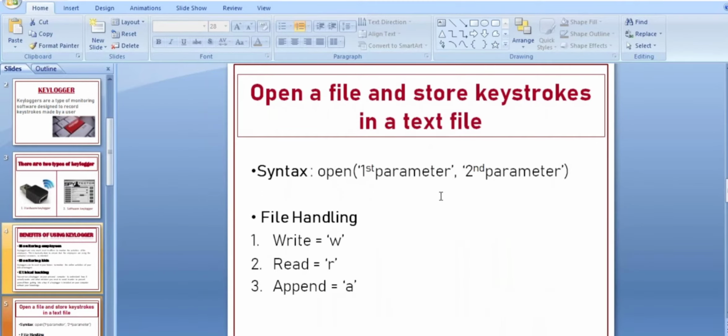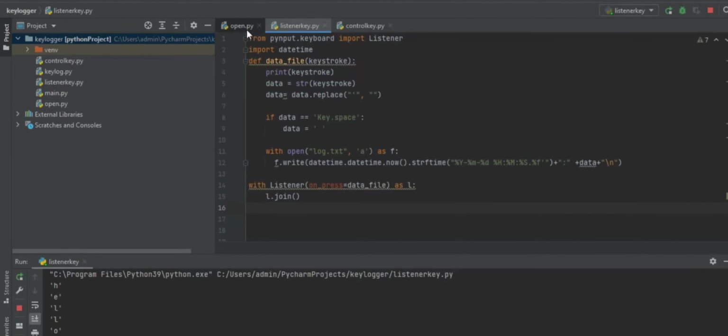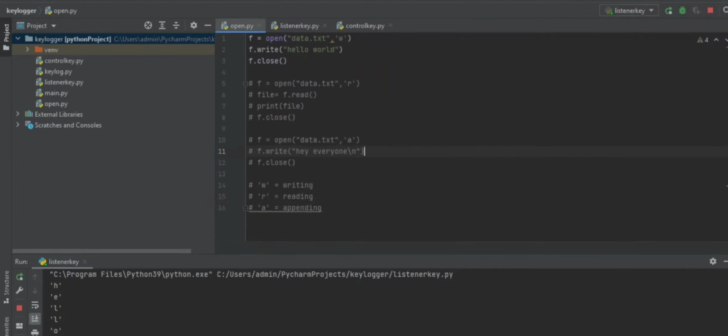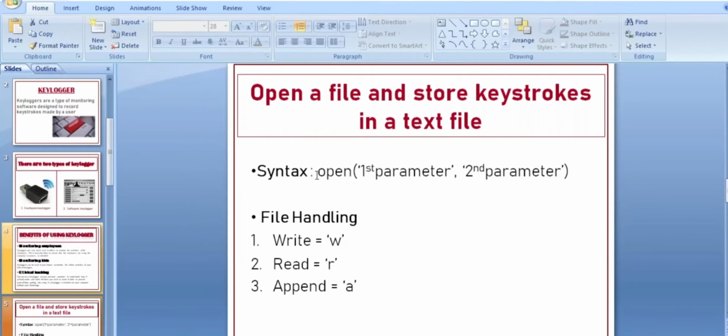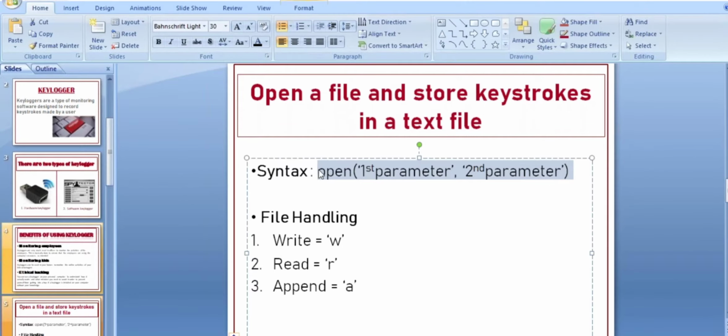So let us know how we can open up a file in Python. This is the syntax for opening a file in Python. You just write open, and inside the round brackets, you write your first parameter. The first parameter is the name of your file, whatever name you want to give it.